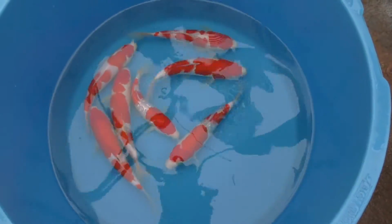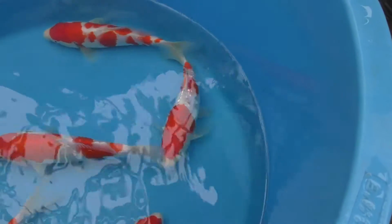See, again, just going purely on body. Forget pattern and quality, the body. That's the sort of body you're after. In a koi show, Anthony, this little thing here, I guess it will come on the Ginrin. We're just talking, Anthony and I, that this little thing here would be good for